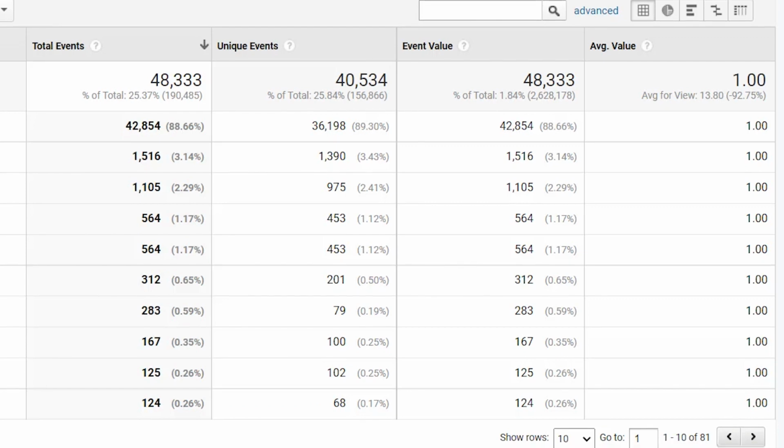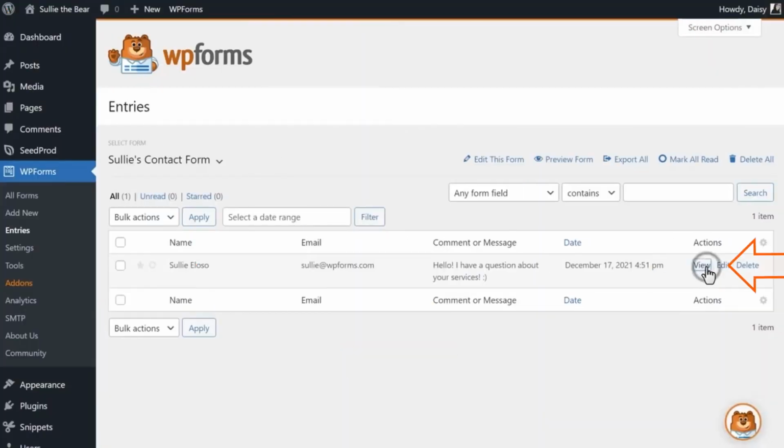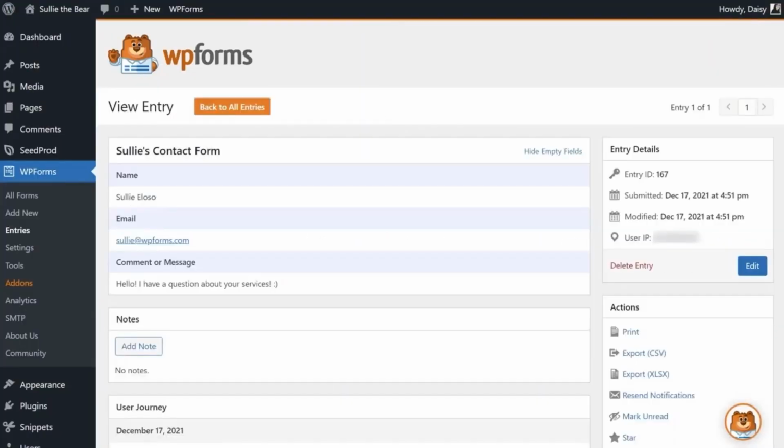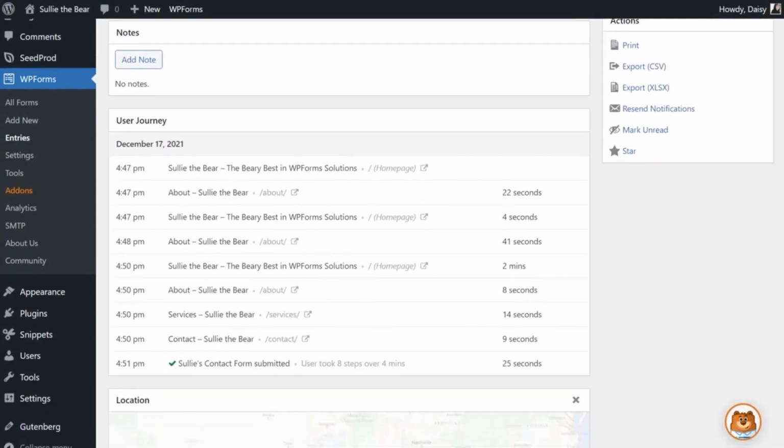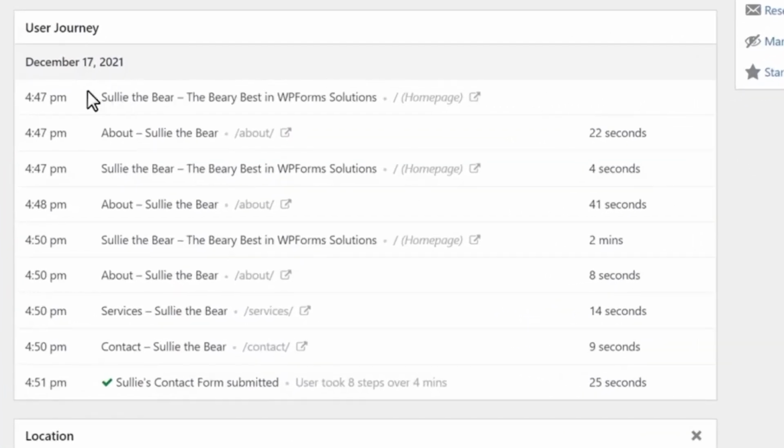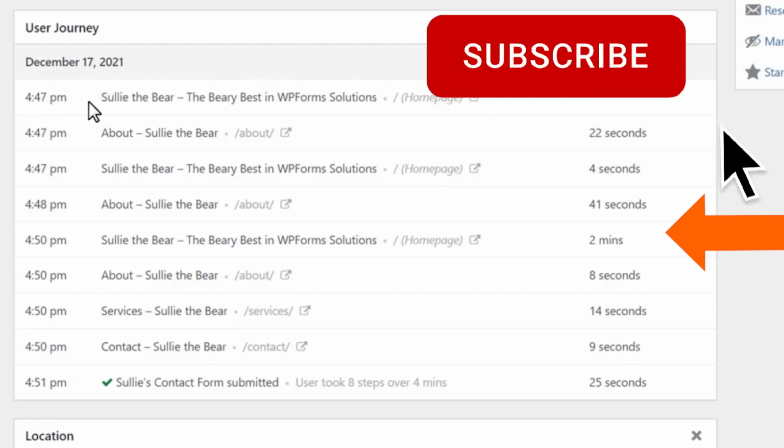So I told you that you could also track the journey of a user as they're on your site. With WP Forms, you can do that quickly and easily. With their user journey, you can install this, and then when you go in and look at any of the entries of any of the forms, you can see the actions and you can view that. And next thing that you can see is you can scroll through